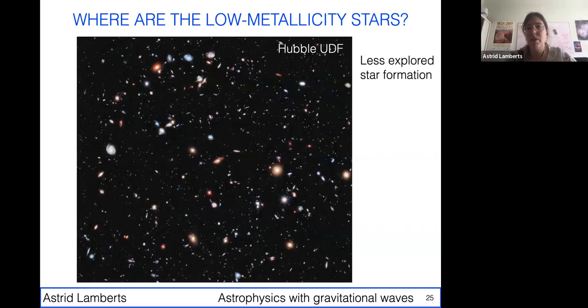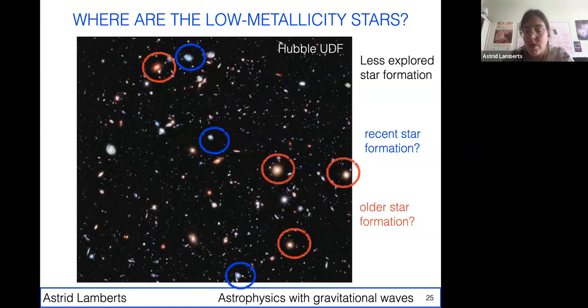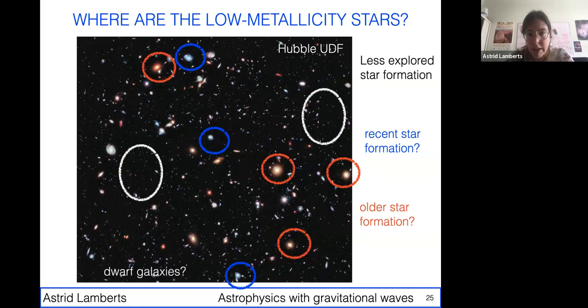This is just a pretty image of the Hubble Ultra Deep Field. I guess I should update it with the JWST Ultra Deep Field. But essentially, you see all kinds of galaxies here. You see blue galaxies, which means that stars were formed quite recently in that galaxy. You see red ones, which means that you don't have any recent stars and all of the stars are old. And then we have galaxies that are too faint to even be seen, that are dwarf galaxies. And so one of the things that is driving my research is to figure out which of these types of galaxies is a good host to make binary black hole mergers.